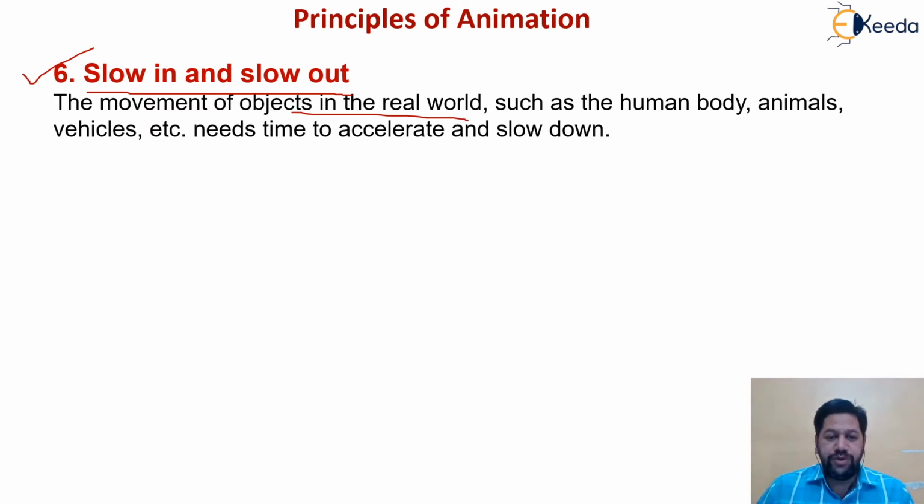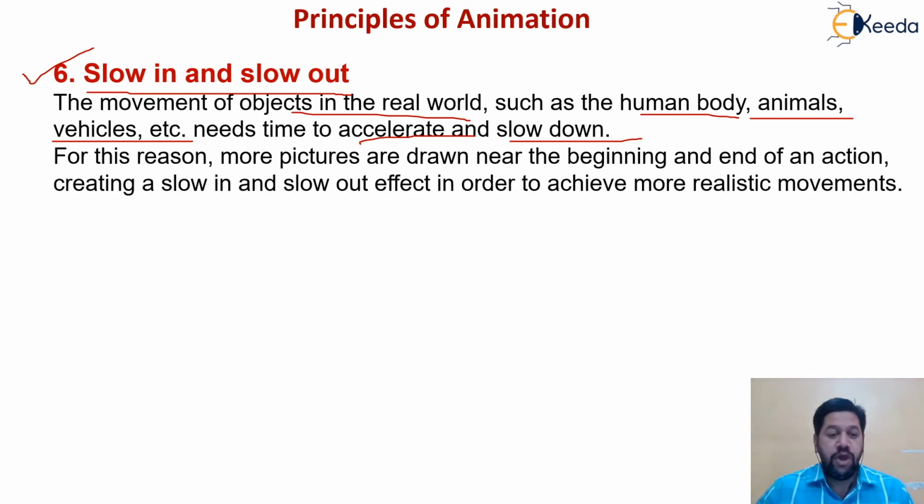The movement of objects in the real world, such as the human body, animals, vehicles, etc., needs time to accelerate and slow down. When I start a car, initially it will have a slow motion, then it will be very fast. Again, when it is going to stop, it will slow the motion down. That principle is known as slow in and slow out. All human bodies, animals and vehicles need some time to accelerate. So initially and at the end, it should be slowed down. For this reason,